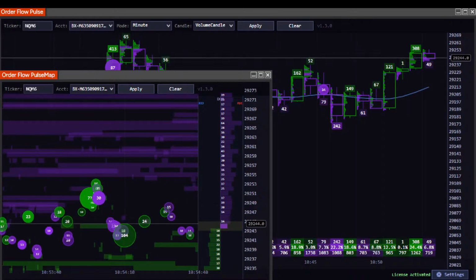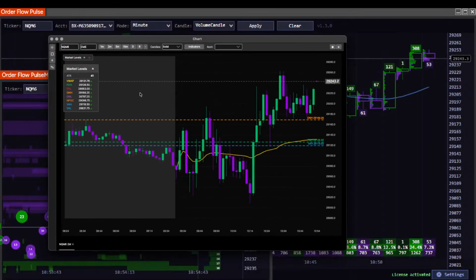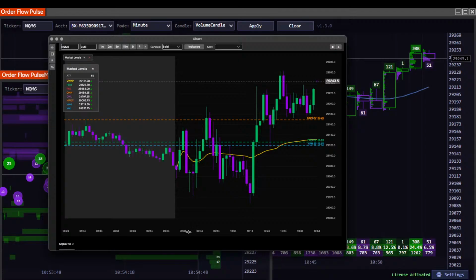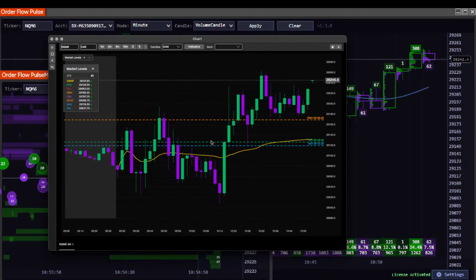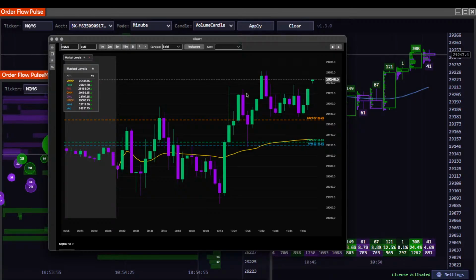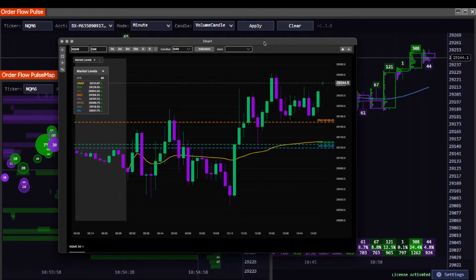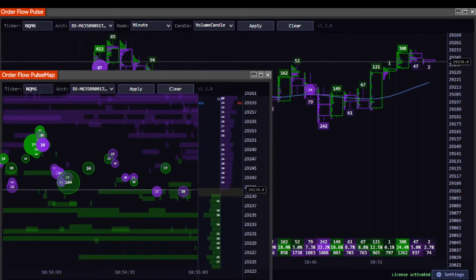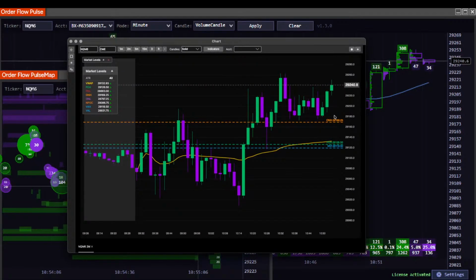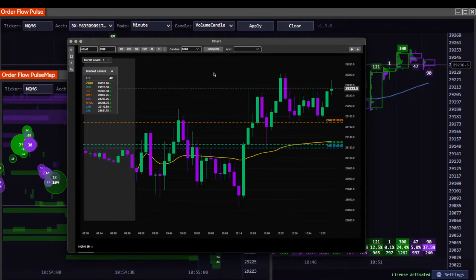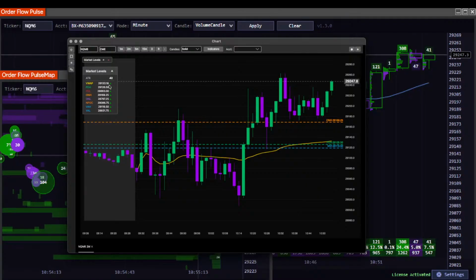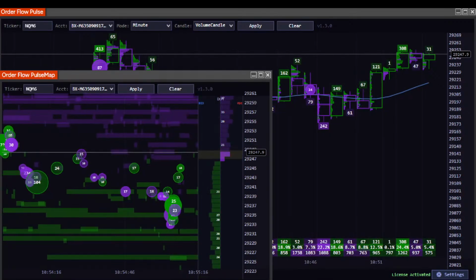What a lot of people don't know, if you go to a 2 minute, click on a 2 minute right here, you go to a 2 minute chart on the ES, it actually looks really nice and clean. Because it's a thinly traded market, so it moves pretty quickly. But a 2 minute actually looks pretty nice. It's like 42. Every 2 minutes, it's roughly 42 ticks on the range.